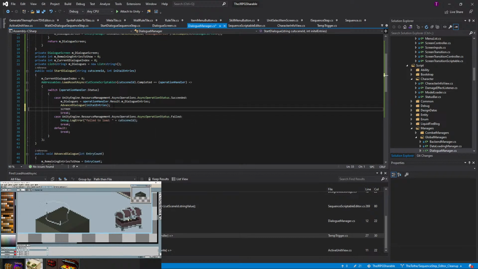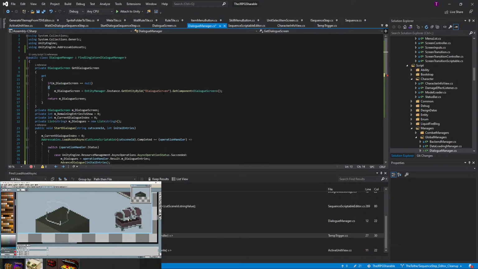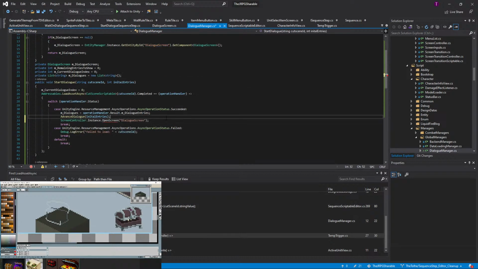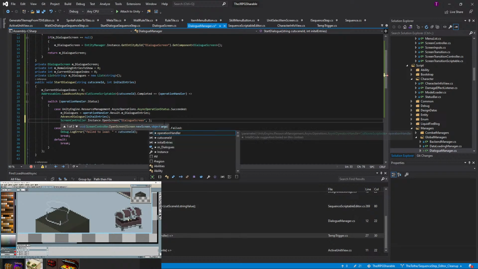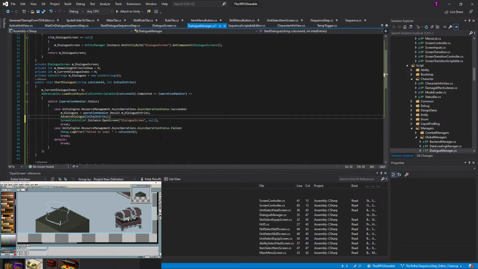Screen controller dot instance dot open screen. And this screen will be opening, I believe this takes an ID. This should be the same ID that we fetch here. What do we normally pass in? Null. We normally pass in null if we don't have any arguments. Okay, and then